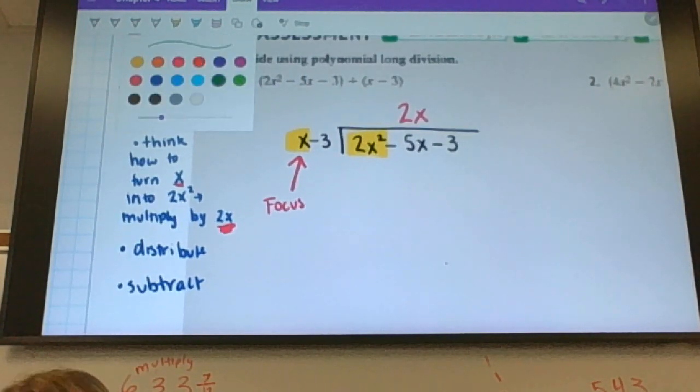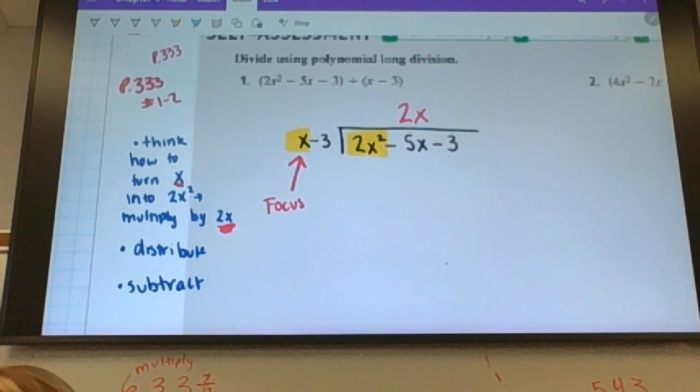Okay, next. Brandon, what do I do next? Think about it. What do I do next? Distribute. Distribute down. I'll do 2x times x is 2x squared. 2x times -3,